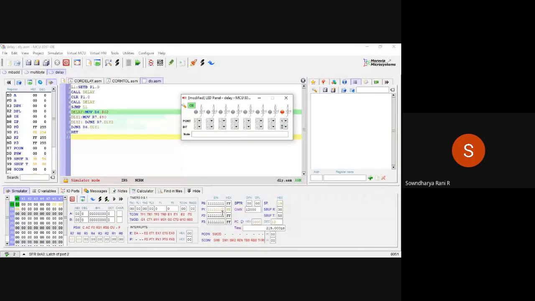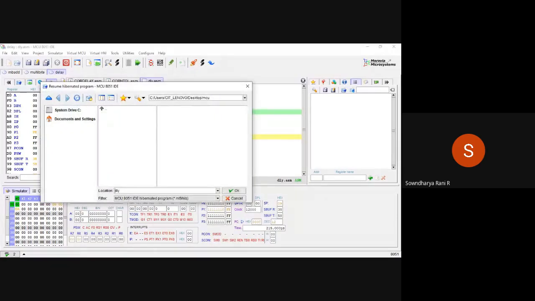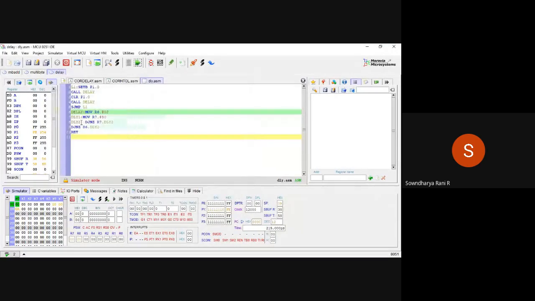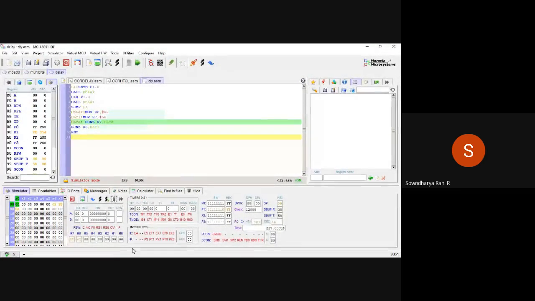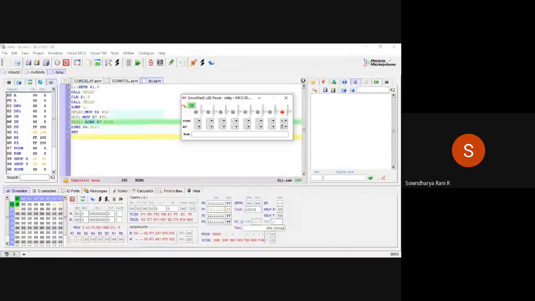So now it is 0, the LED is on, right? So I'll just animate and show. Okay, so it will run faster. So can you see the time is running here?